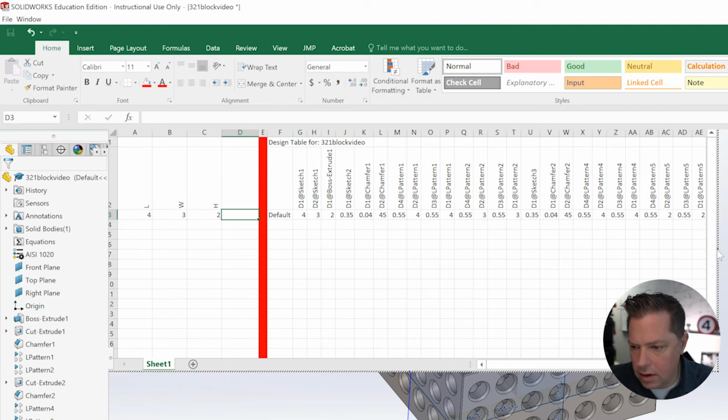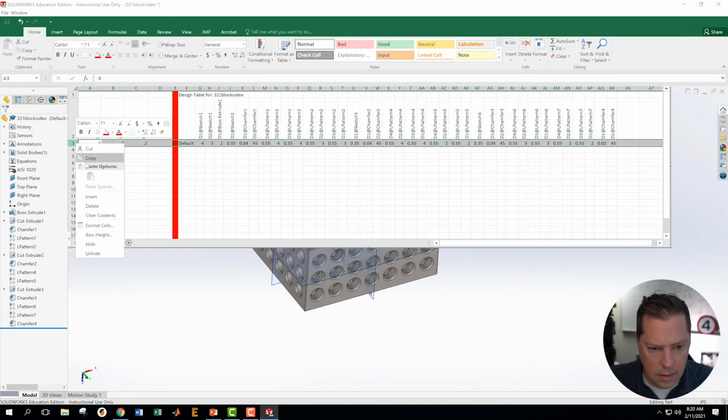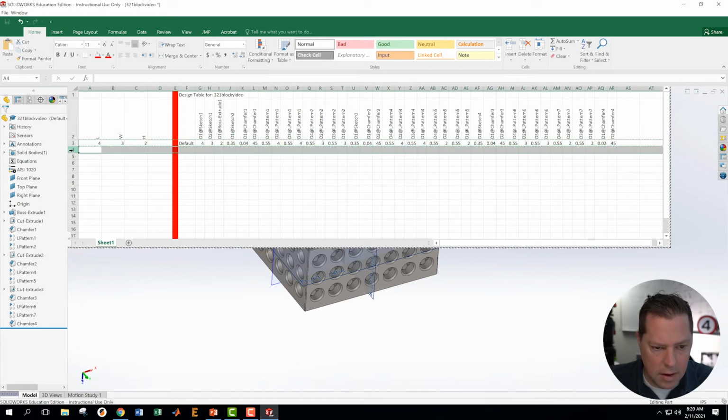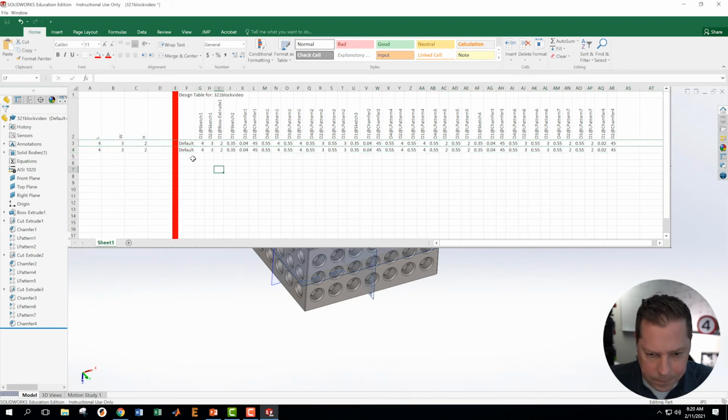This is good. I actually kind of want to leave my default just the way it is, and I want to not mess it up. So what I'm going to do is copy this entire cell, copy, and I'm going to paste it into the next row. So I'm going to copy the whole row and paste it into the next row. And this one's going to be my 4, 3. I'm changing the name of this one to